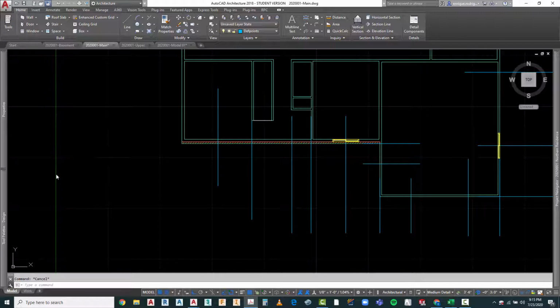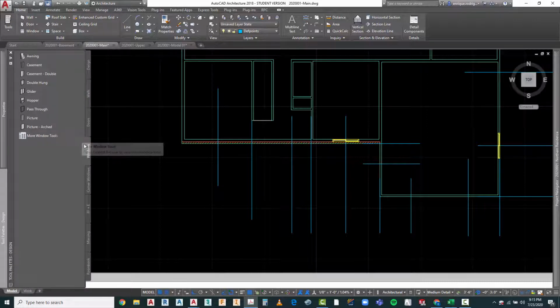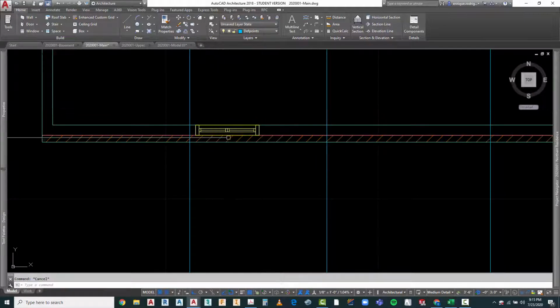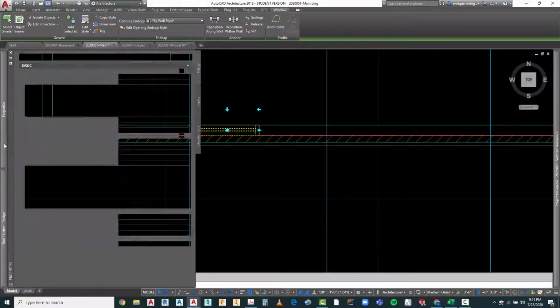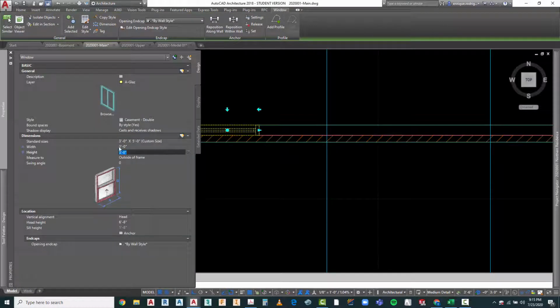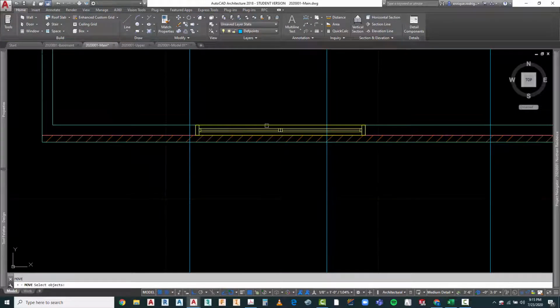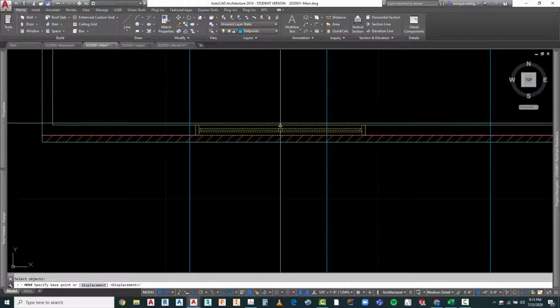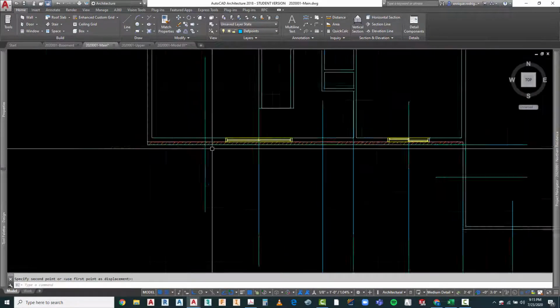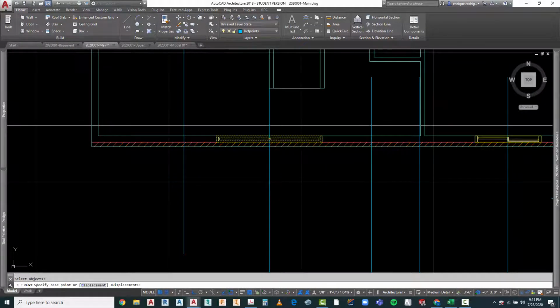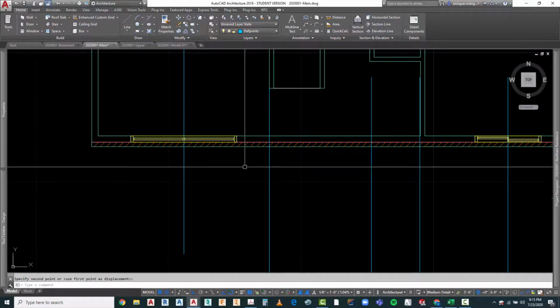So let's go to our tool palettes and our windows. Let's select casement double. Again, place it on the stud wall, not the other one. And I'm going to modify that one. In its properties, I'm going to make it 8 foot wide, and we're going to keep it at 5 foot high. So I'm going to go ahead and move it. I'm going to move it from the midpoint to the midpoint of there. Oops, wrong way. I'm going to move it from here to here,